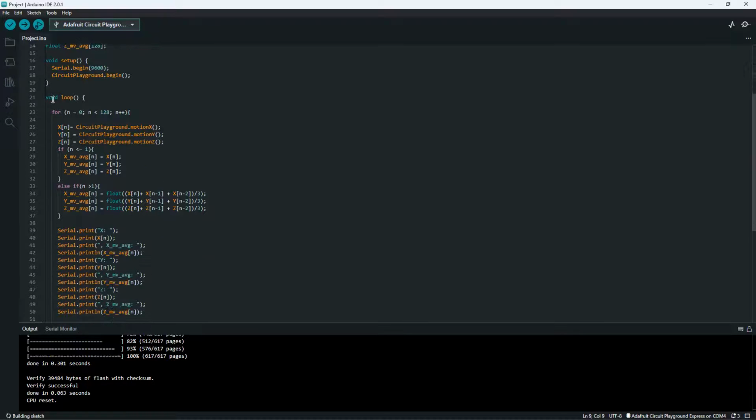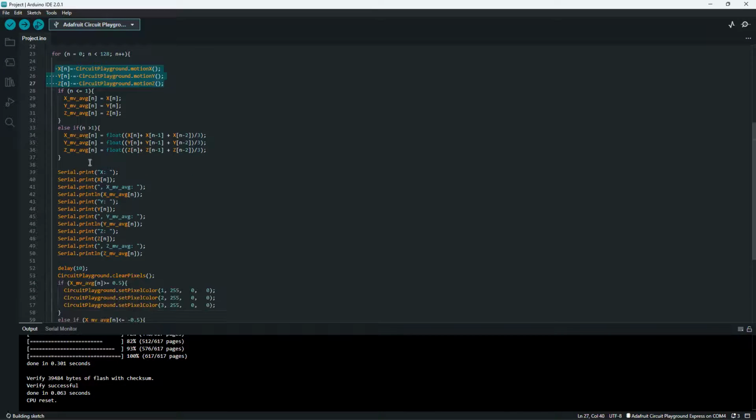It created a void loop to collect the X, Y, and Z values of the accelerometer, and calculated the X, Y, and Z moving average, put it into an array,